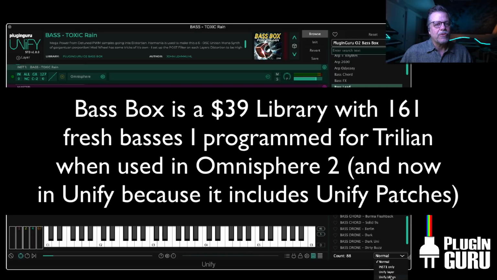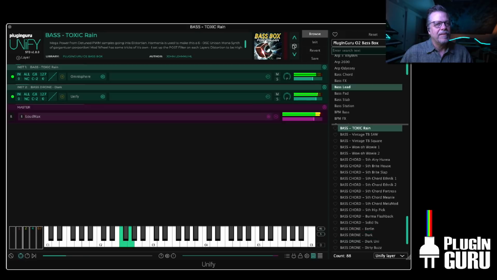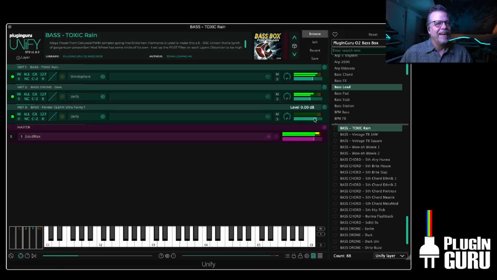So if I set this to Unify layer, turn this down a little bit and click this button again, it loaded a huge drone. And I could say load again. And it made this really, really cool three-patch bass randomly, right? So